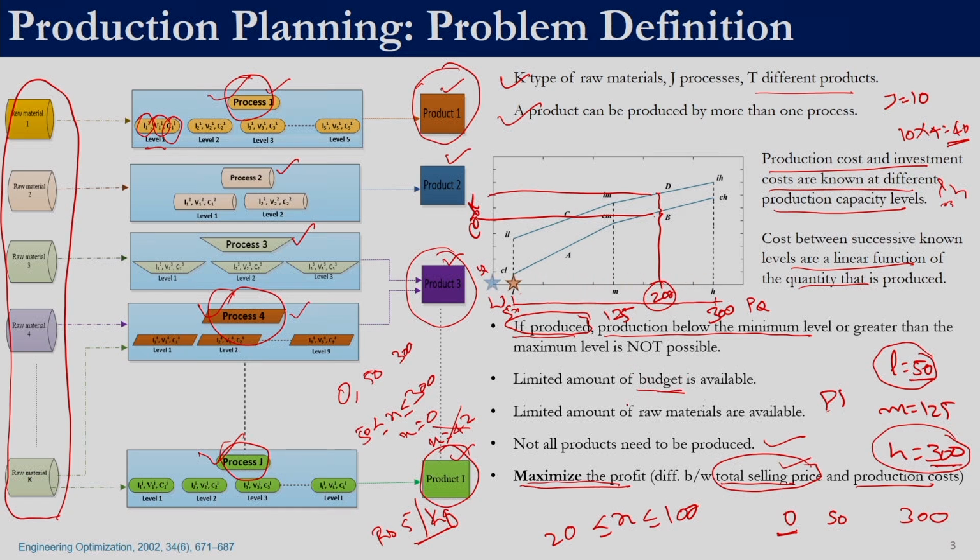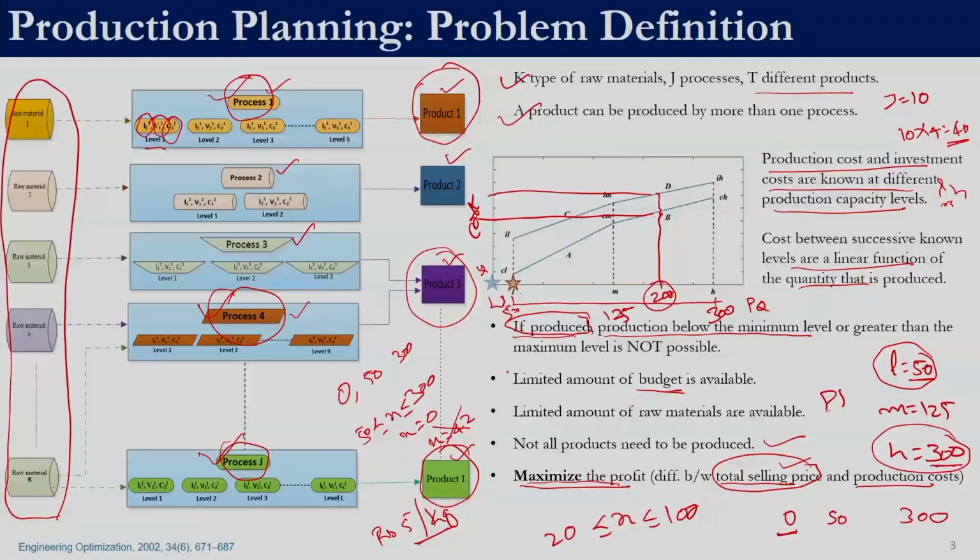It is more like, let us say 500 rupees are available and you are going to go and shop something. Whatever you decide to shop should be less than or equal to 500. So, that is what this constraint is. Similarly, not all of these raw materials are available in abundance, so only limited amounts of raw materials are available. Let us say we decide to produce 100 kgs from process 2.